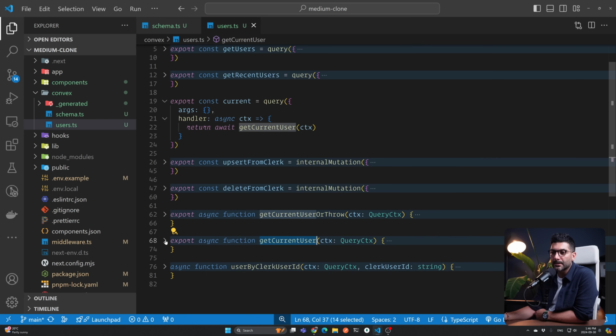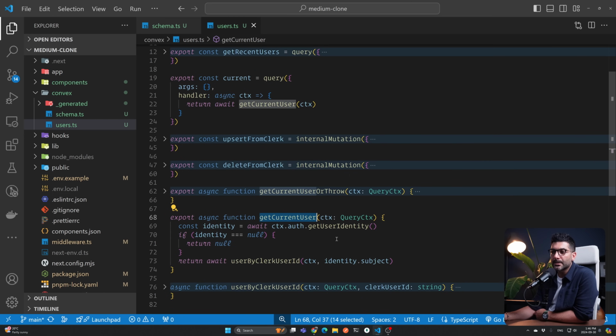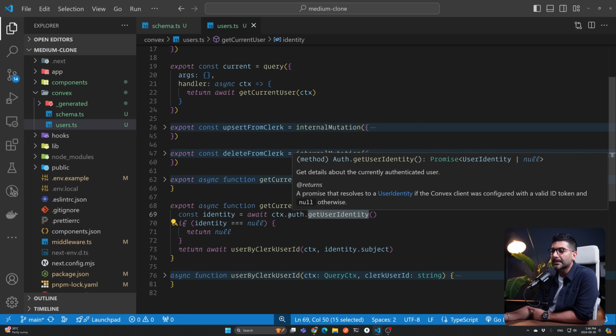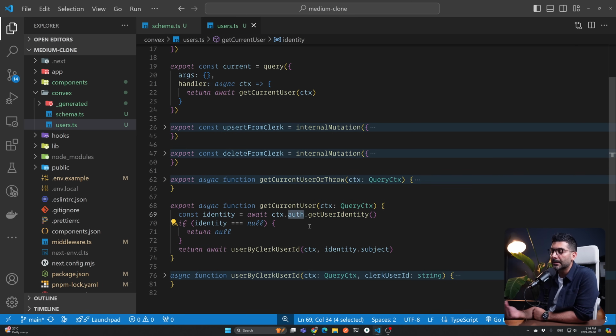Get current user. This is going to use the same get user identity function that we just saw in the documentation that's now accessible on the auth context. That's just giving us the currently authenticated user from Clerk. Because of the integration that we made, now we have access to that session data inside of our context object in our Convex functions. So we get the currently logged in user. If we don't have any, we return null. Otherwise, we call this